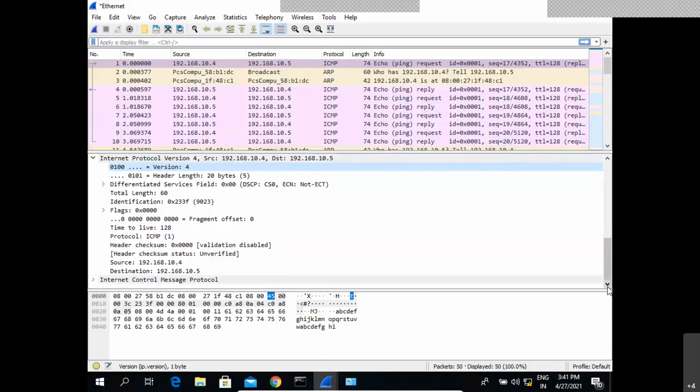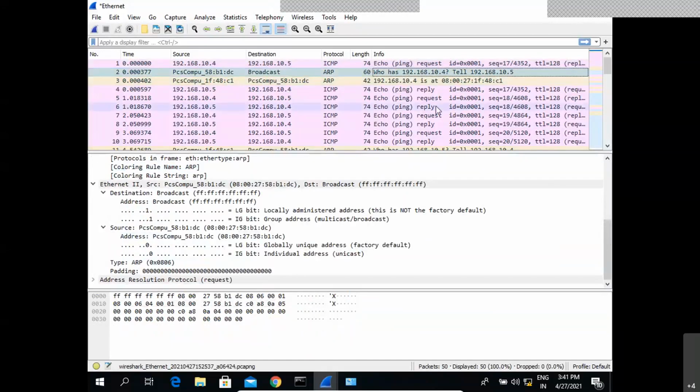We can move on to the first window. In the second packet, we can observe who has 192.168.10.4, tell 10.5. So 10.5 is our machine which is requesting, who is 10.4. This particular 10.5 is actually initiating a communication and trying to find out this 10.4.